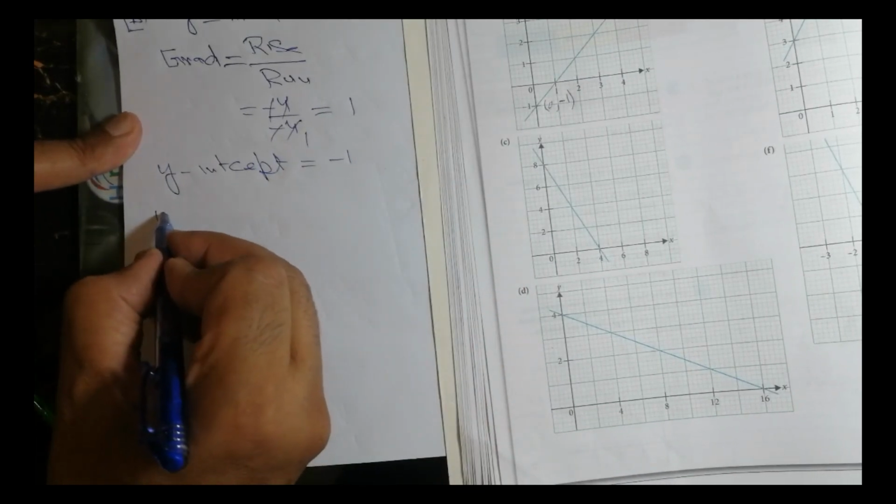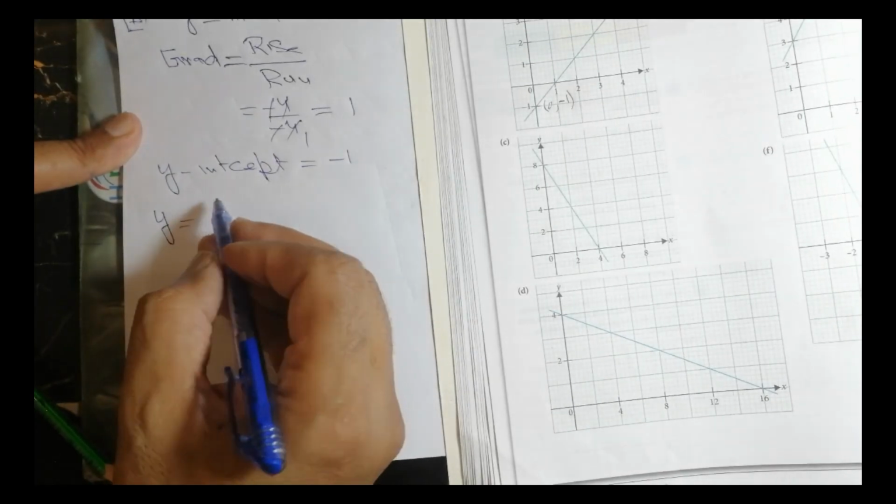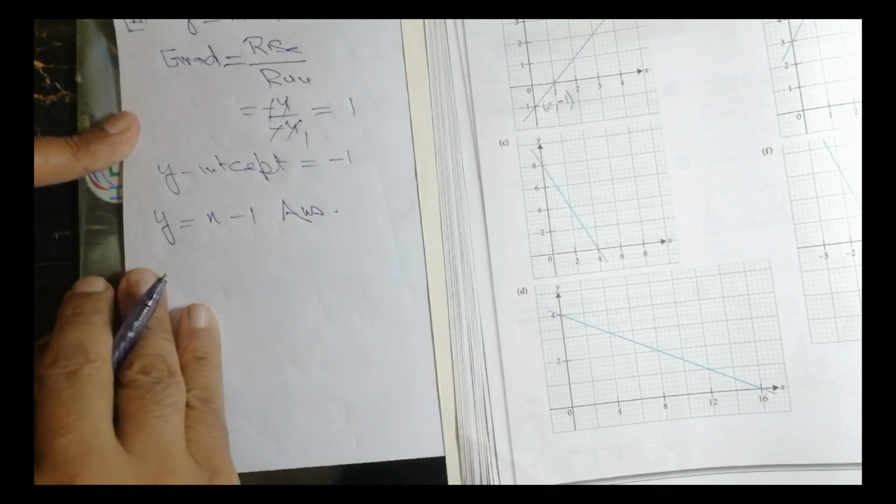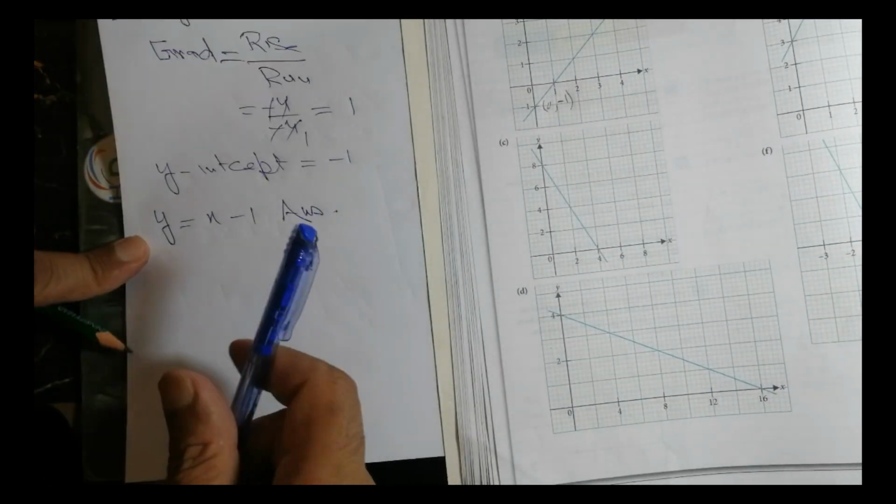So the equation will become y equal to mx. What is the value of m? 1. So 1 into x, x minus 1. This is the equation. Part C is